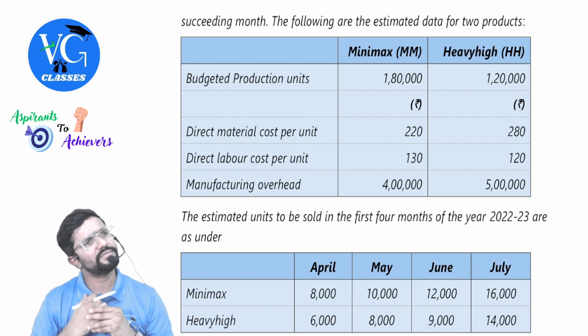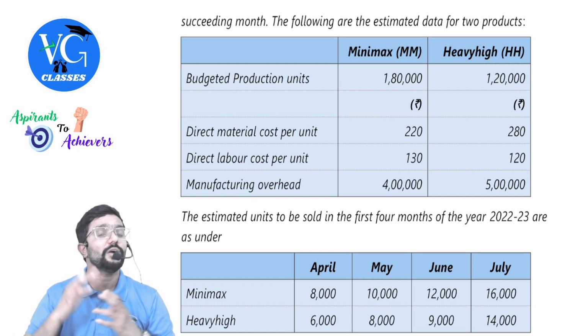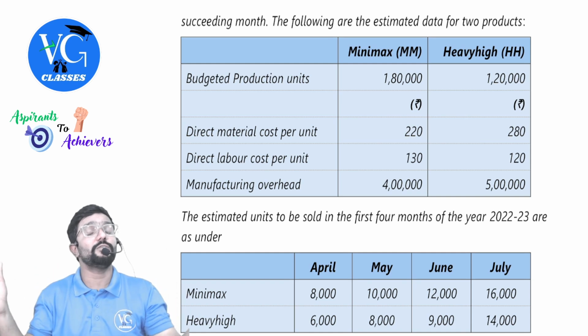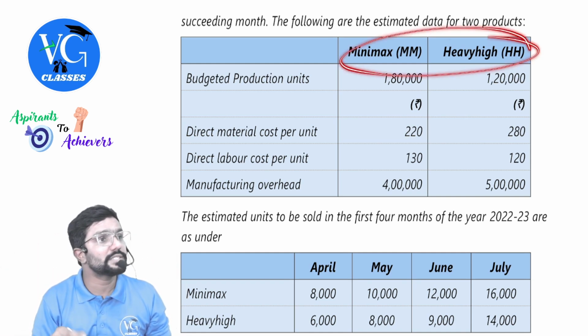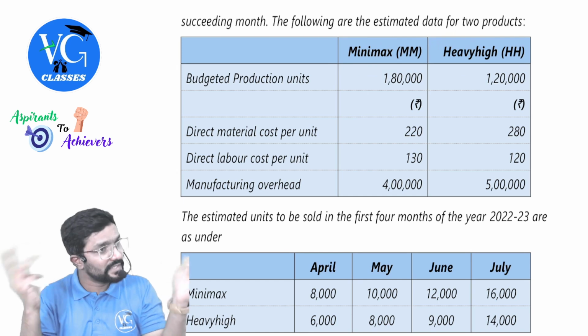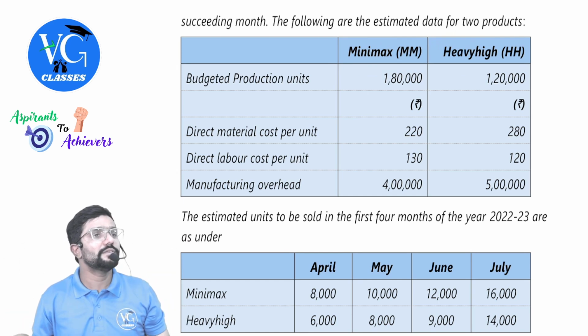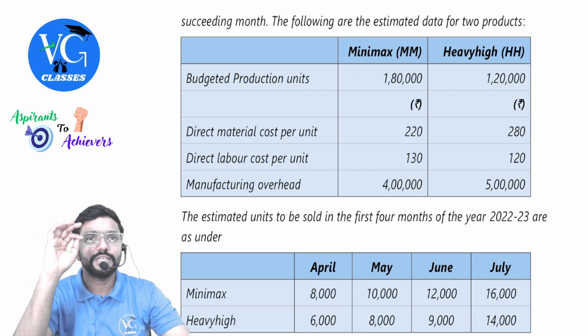Sir, have I assumed it as variable? Yes, just give a note for that also. Is that clear? Now, sir, can I do this? Change in cost divided by change in output, I can find out variable. No, they both are not the same product. If it is the same product and data is given for 2 periods, you will do that. Correct? Understood? Listen here.